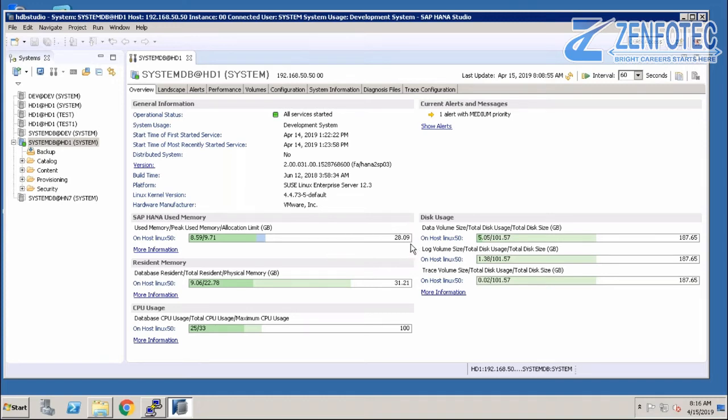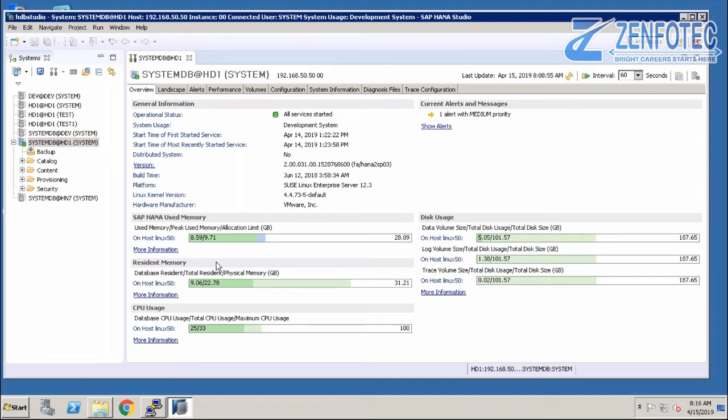Daily monitoring is necessary, not only for the HANA database but for all systems: you need to monitor your CPU, memory and disk utilization, to avoid downtime and all that. If your memory or disk is full, you will face some performance issues. To avoid those things, we have to proactively monitor and resolve them. If we don't have memory, then we have to add memory to the HANA database.